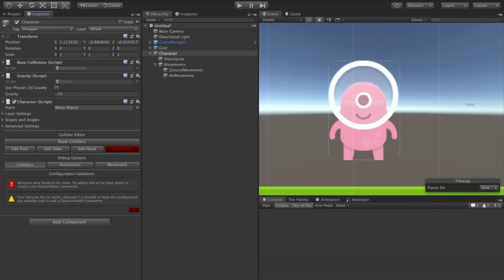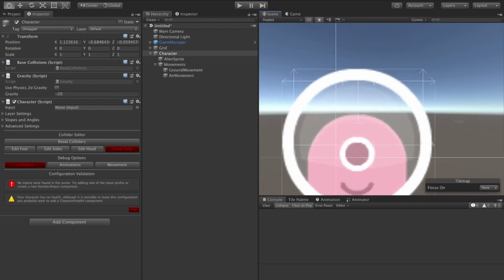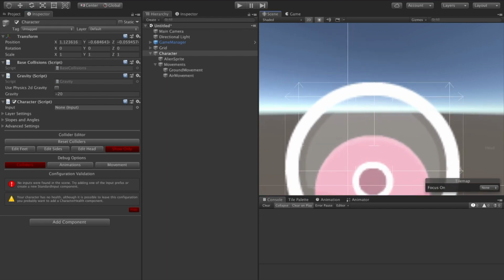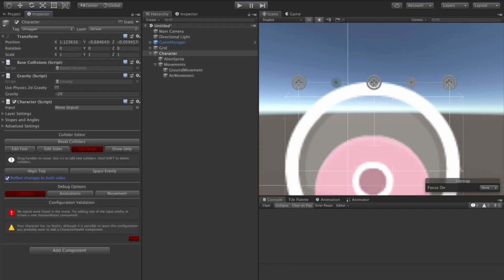Now it's worth noting, if we press this Debug Colliders button, we can actually see where each of the collisions is being checked. Each collision effectively represents a raycast. So if, for example, you had a platform that was smaller than this spacing between the 2 head colliders, the character would be able to jump upwards through that platform. In that case, you could add more head colliders.